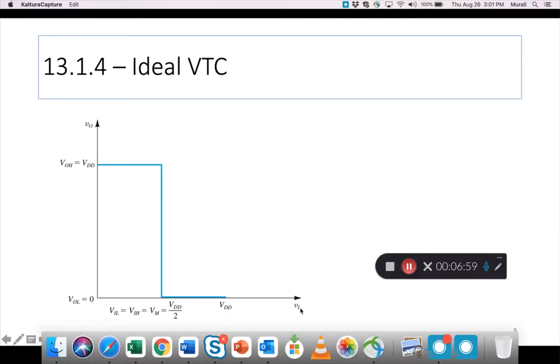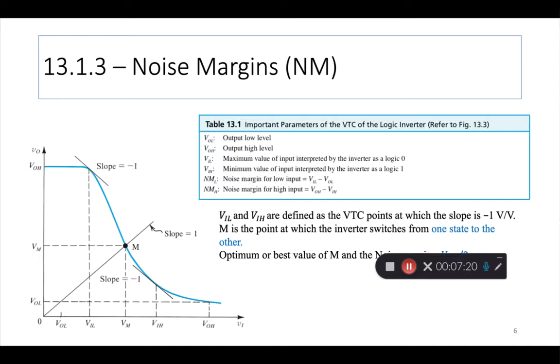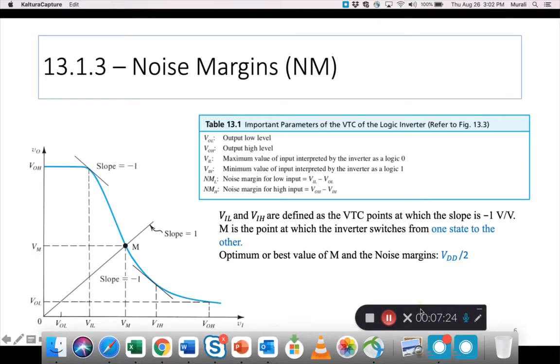And again, the V input goes from 0 to VDD also. We also see something called VIL equals VIH equals VM equals half of VDD. So this is an ideal VTC, and we look at the definitions of these things like VIL, VIH in our next slide. So coming to slide 6,